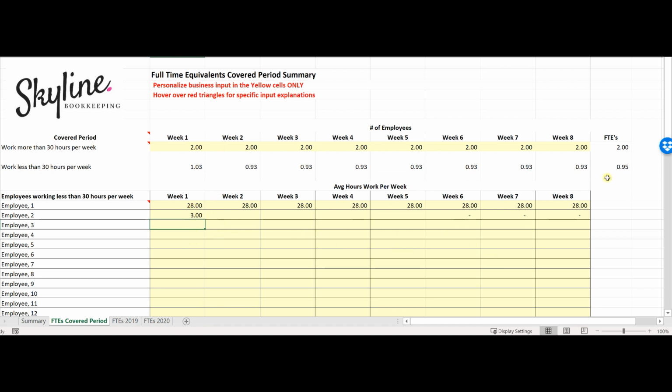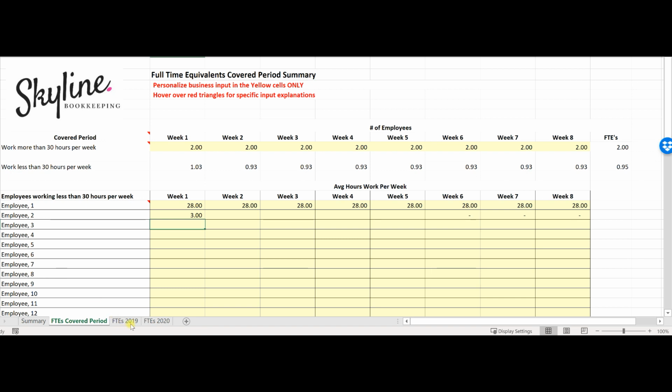So by the 8-week period, we're actually able to determine if we had the same headcount as prior periods. If you have any questions on this spreadsheet, I know it can be a bit confusing if you're not spreadsheet savvy. More than likely, if you're a client, we've already been taking care of this for you. But if you're doing this yourself and you're finding this is a little bit frustrating, or you just need some clarification, please feel free to reach out to us. We're more than happy to provide additional instruction on how to fill out this spreadsheet, since it is particular to